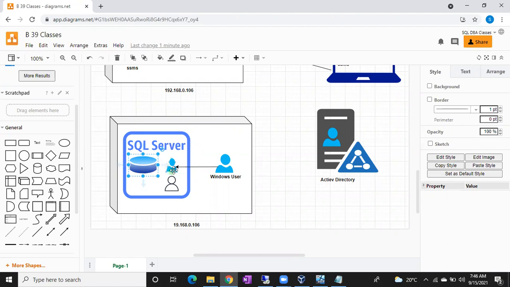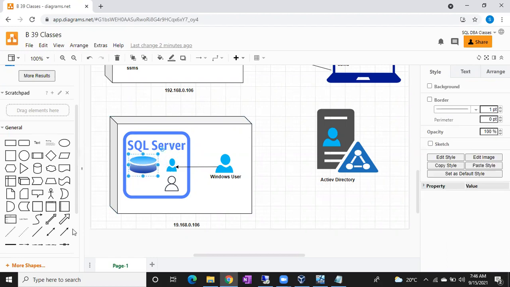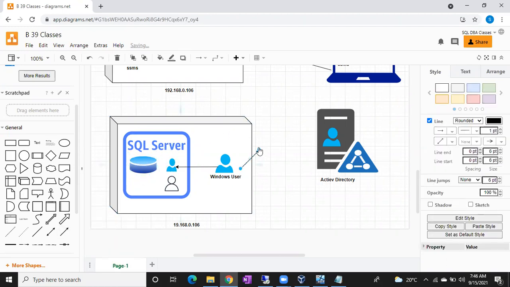So remember guys, this is a login. Imagine Srinath has access on this database. Now Srinath can access the database.